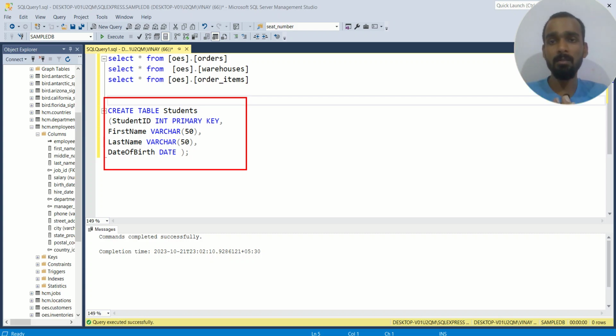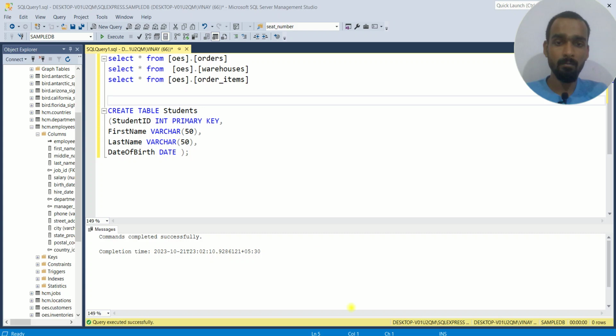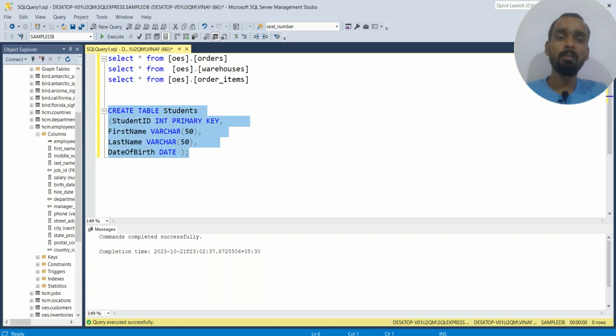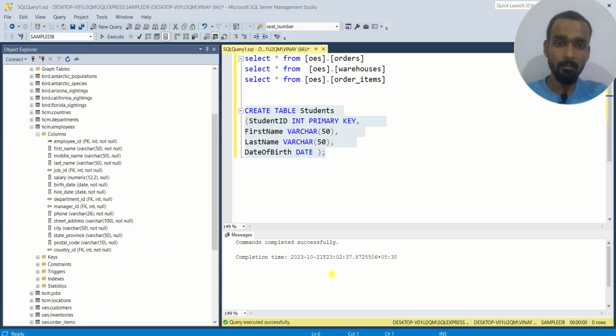Let's say the table structure we have is a student table, and I'm just creating that. Now we'll see what exactly it replicates.